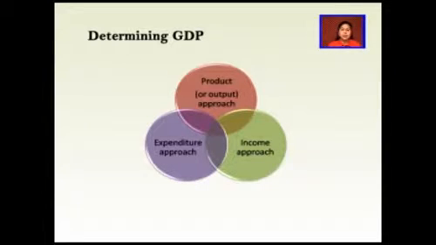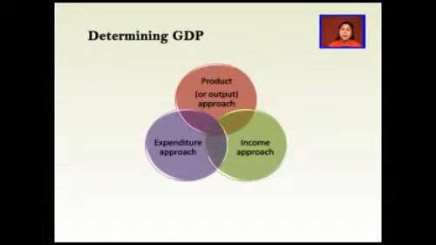arrive at the total. Now, one thing important to note is that gross means GDP measures production regardless of the various uses to which that production can be put. Production can be used for immediate consumption, for investment in new fixed assets or inventories, or for replacing depreciated fixed assets. Domestic means that GDP measures production that takes place within the country's borders, and international investment is not